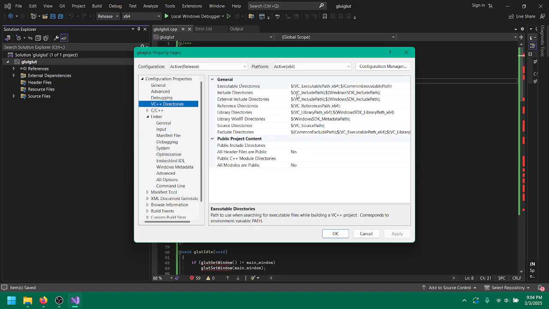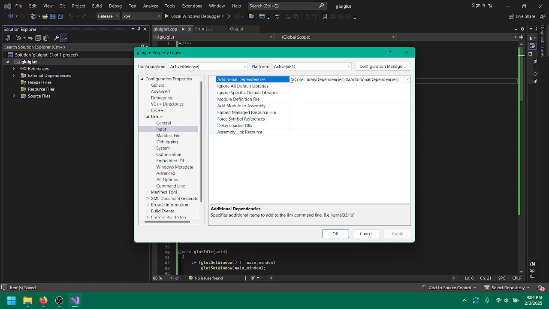Did I properly specify my includes? No, it looks like since my window crashed, it didn't save. Oh no. When changing between debug and release, the settings will change. So I'll have to respecify these. Apply, then go to my linker, input,